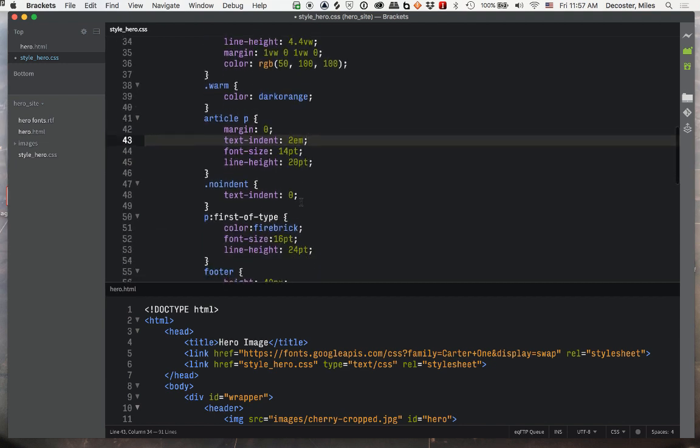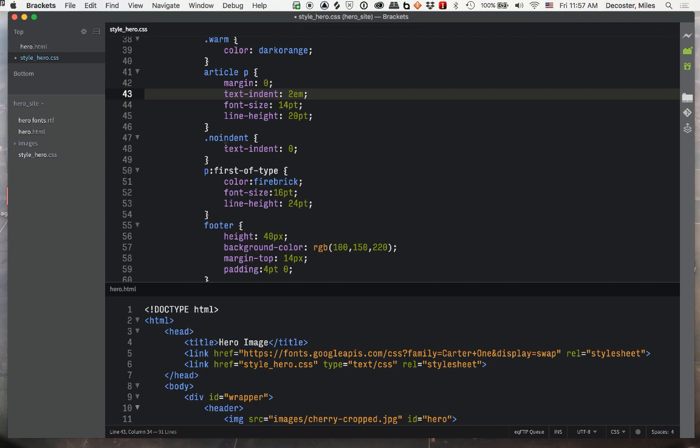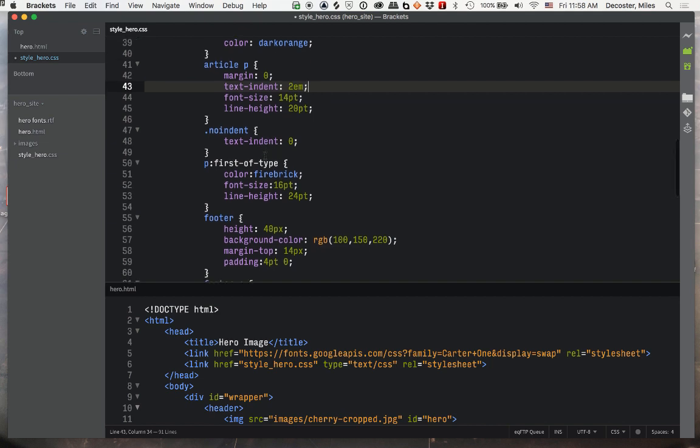The baseline is simply the kind of imaginary line that the type sits on top of. And so I've also set a class called noIndent, where I can use this to turn off the text indent on a particular paragraph, and we'll see I did that in the